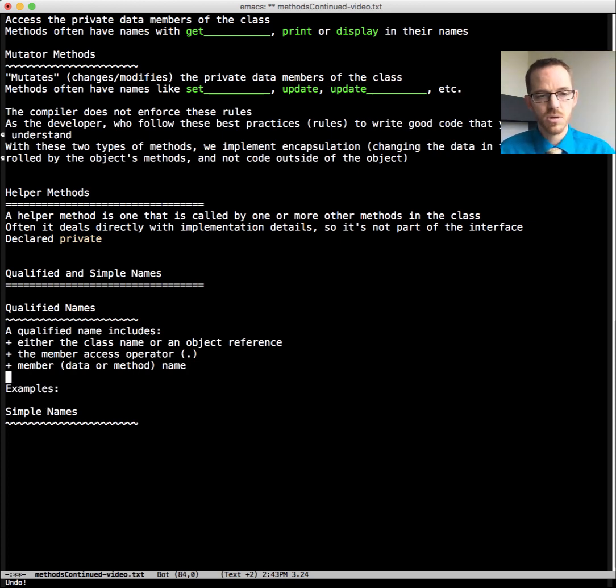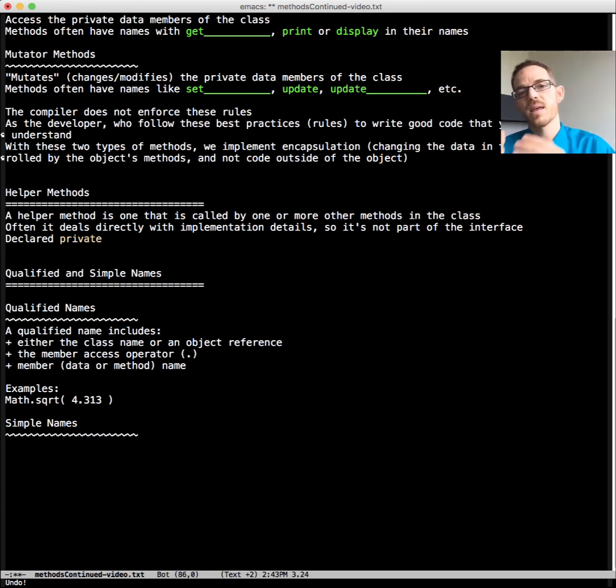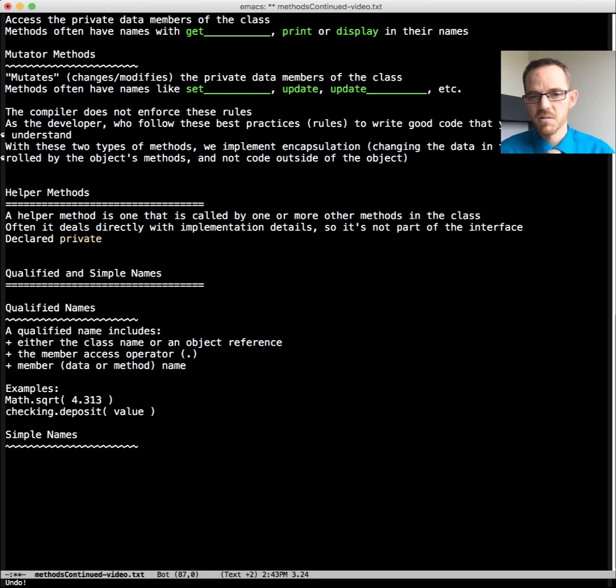Some examples could be when we call, for example, Math.squareRoot. Here, since this is a static method, we specify the class name and then the method name, and then we're taking the square root of 4.313. Another example is our recurring model, checking.deposit. We're passing it something.